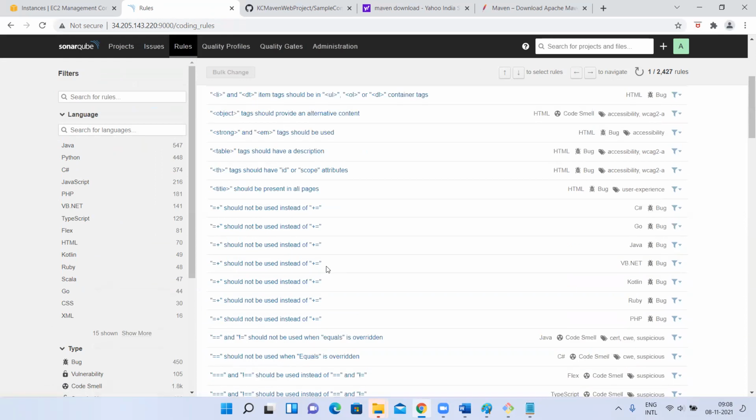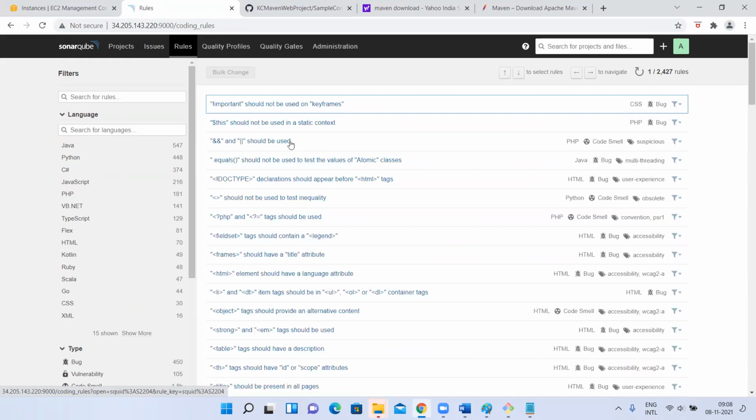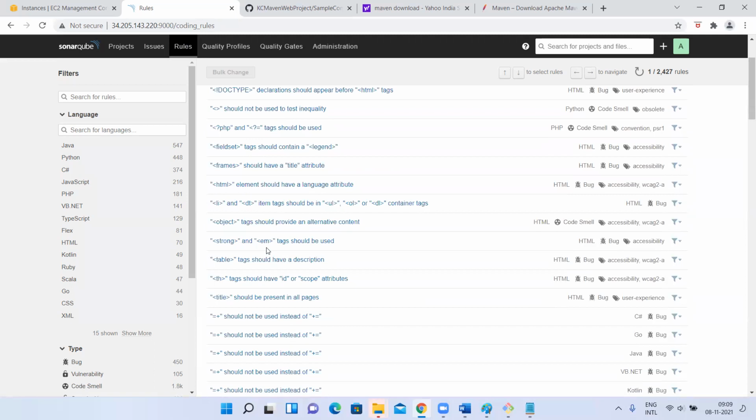Next, if you go to rules, right? These are the rules it is going to apply. As I said, SonarQube scanner is going to apply some rules, right? These are the rules it is going to apply. Something it is saying, this should not be used as a static context. Means this in Java code, it should not be this. Double and double R should be used, not only and. I explained, right? Double and means and. If you use and condition, double and should be used, not single and. Like this, the difference also I said, right? So single and should not be used. It has to be double and symbol or double R equals to parameter.